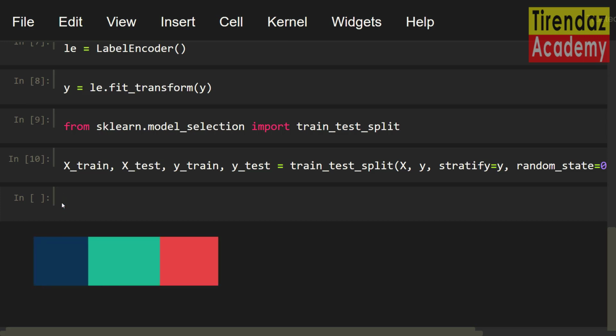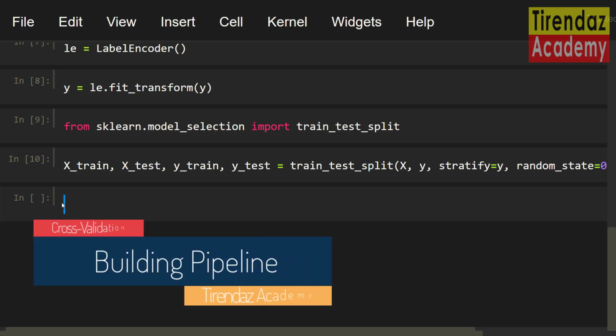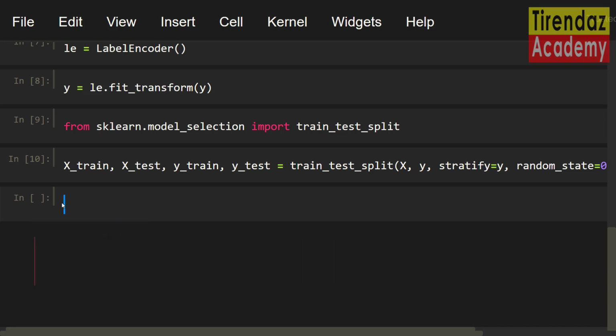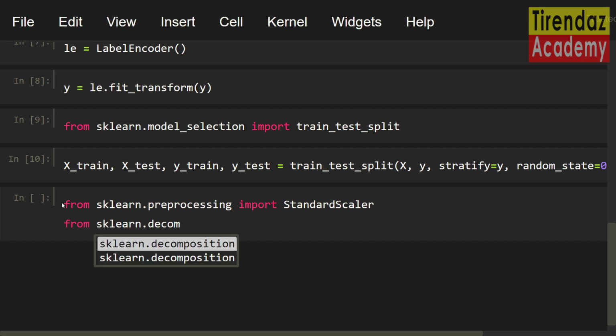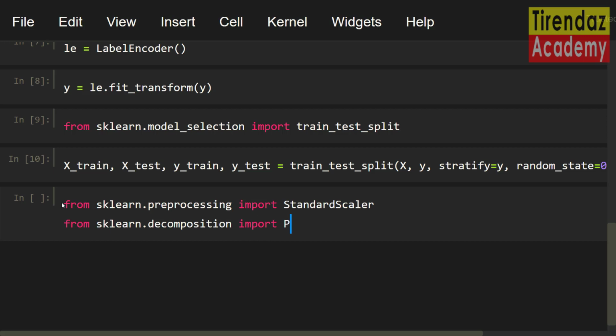Next, I am gonna use a pipeline for data preprocessing and model building steps. Let me import the classes used for these steps. First, to scale the dataset, I am gonna import the StandardScaler class from sklearn.preprocessing import StandardScaler. For dimensionality reduction, I'm gonna import the PCA class from sklearn.decomposition import PCA.